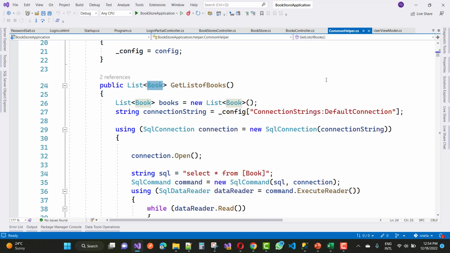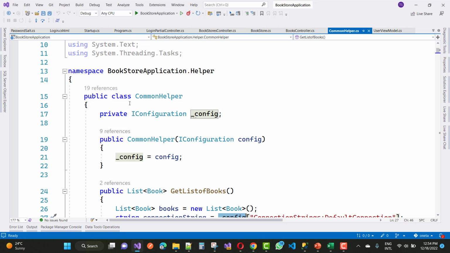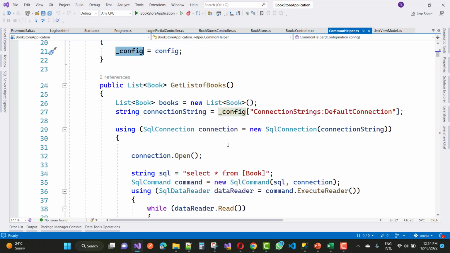Now, how to get the connection string from the appsettings.json file in ASP.NET Core? First of all, you can use IConfiguration. So create a class, a common helper class, and in the class you can add a single line of code, that is private IConfiguration _configuration. In the constructor, you can use IConfiguration and initialize that config object right here, _config, as dependency constructor injection. With _config, you can use ConnectionStrings, and that is the name of the connection string right